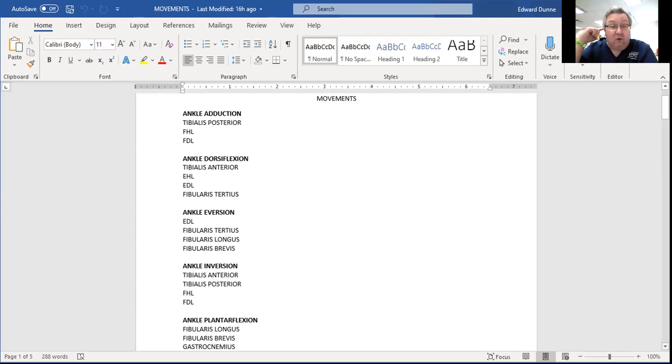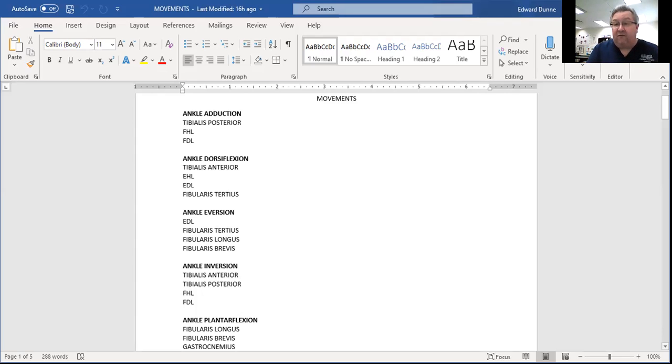Extensor digitorum longus, all right, is one of the everters. Fibularis tertius is on the fifth metatarsal on the outside, makes it an everter. Fibularis longus, all right, because of its position on the lateral side, makes it an everter. And Fibularis brevis, again,